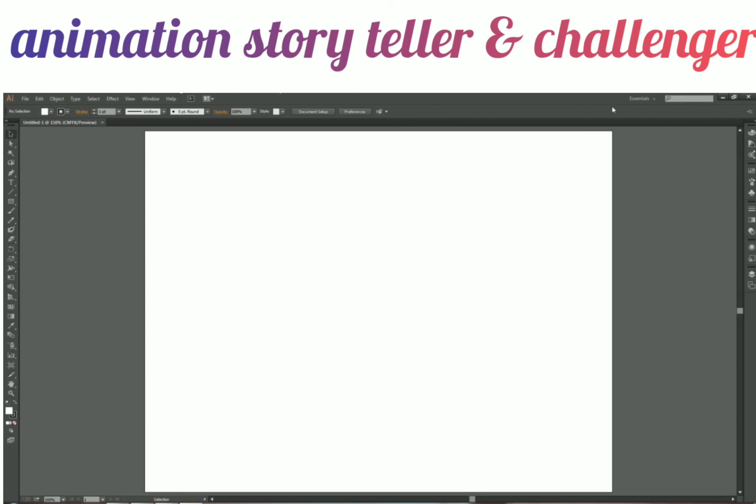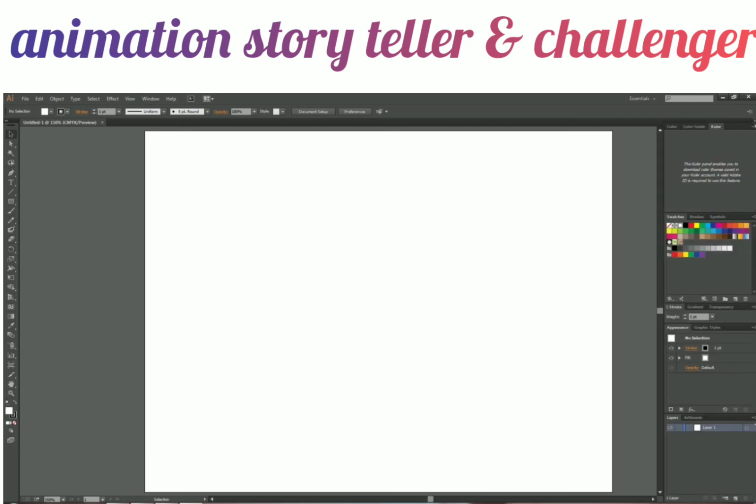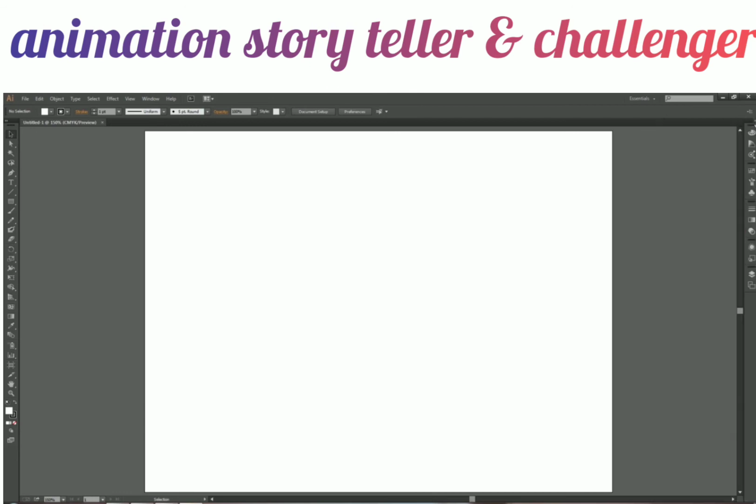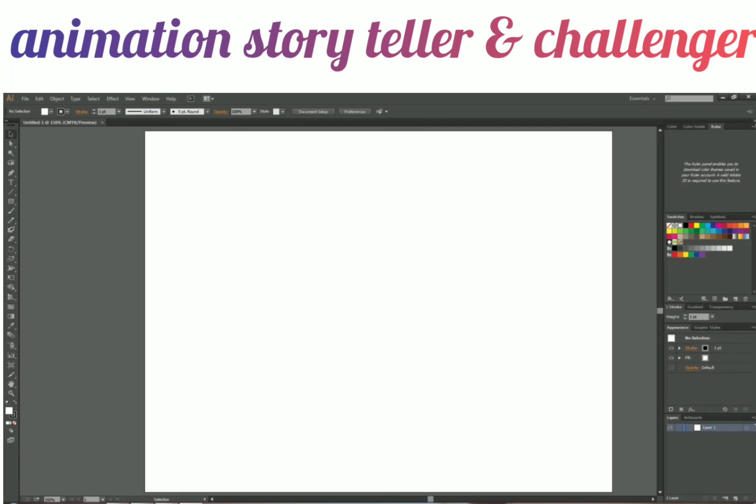Now all these things over here, the left side, the toolbar, and the right side, the panel options, these are customizable user interface, you can say. Adobe Illustrator has a customizable user interface. What I mean by customizable is that if you see this double arrow on the right side of your panel bar, and you click over here, you can open and minimize these panels.